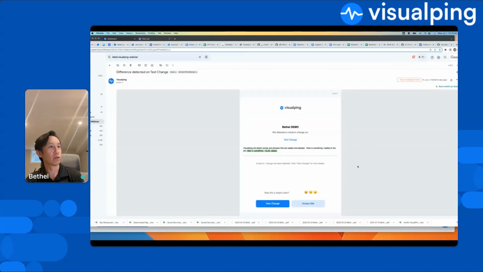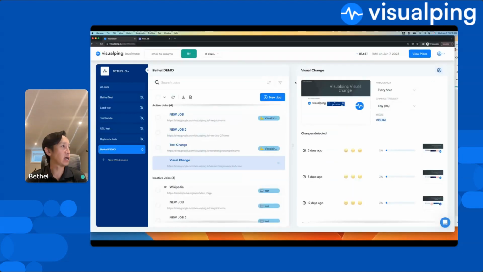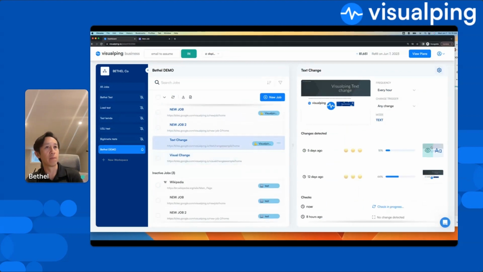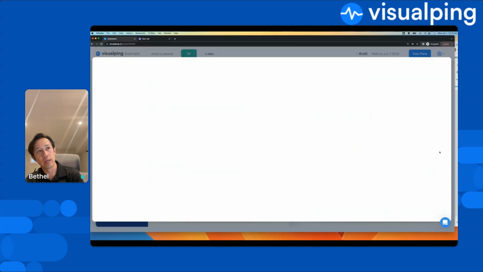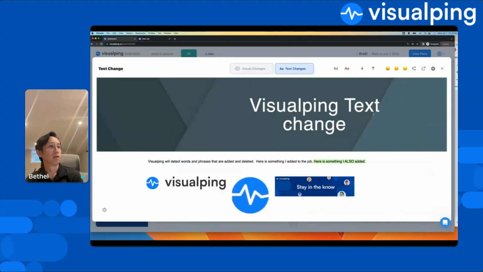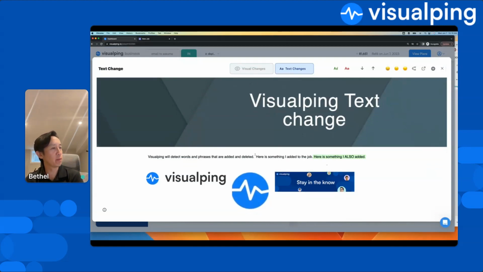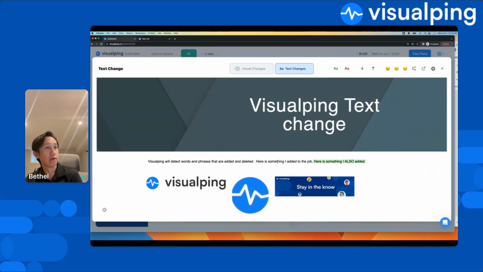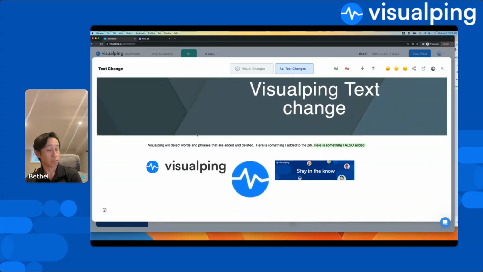So if I go to the dashboard here, to get a little bit more detail on this example, it's going to open up the characters here, the text change. So again, it's showing the same thing, but sort of giving you a bit more context in the dashboard. It's telling you exactly what's added. Green is added. If I had any removed text, it'd be red crossed out. But here I've added something, so this is what's changed. This is what's been added. Very clear as to what